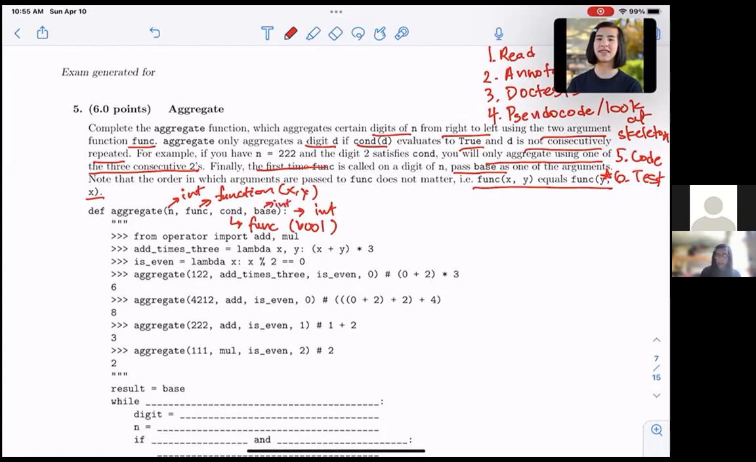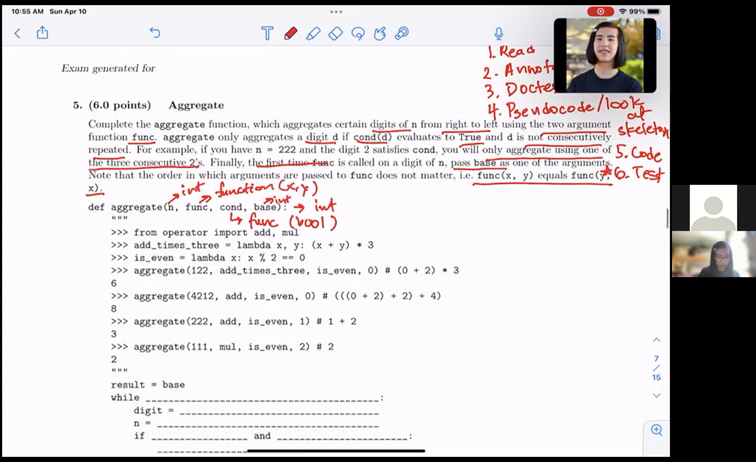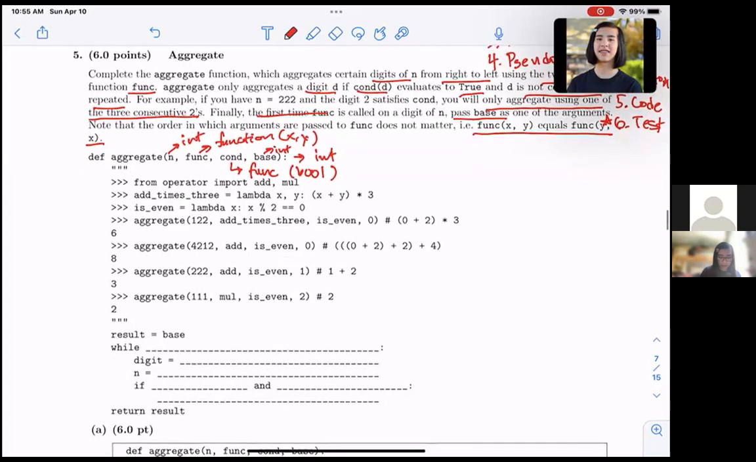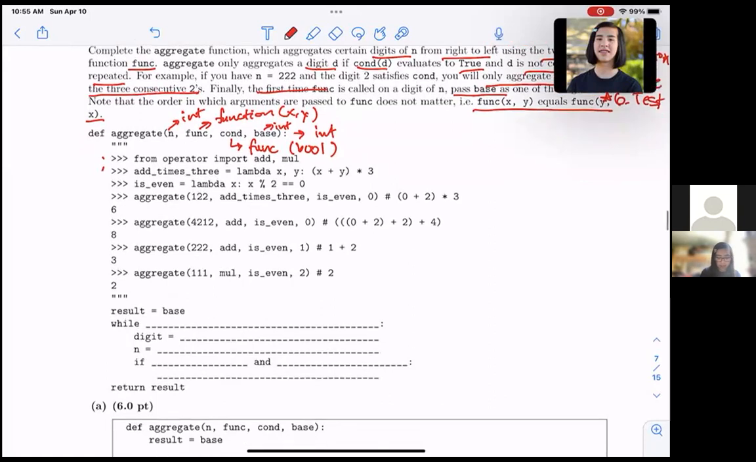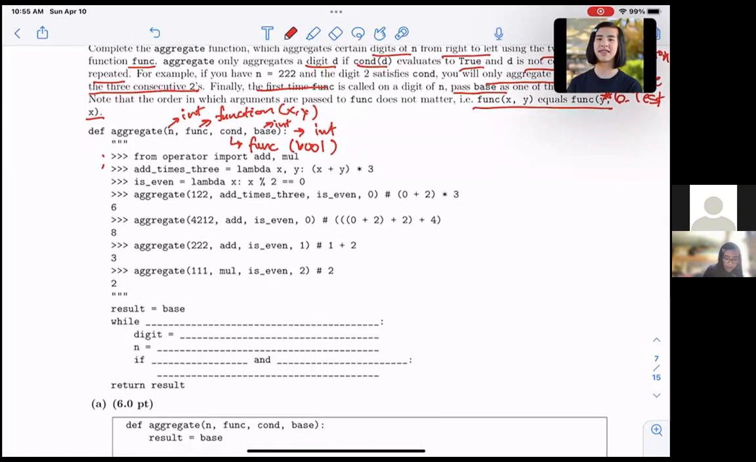Okay, all right, now let's take a look at the doc test and make sure we understand what this problem is saying. So here we import the add and mul functions, which do exactly what you would expect. They add 2 numbers or multiply 2 numbers. We have this lambda function called add times 3, which takes in 2 numbers and adds them together and then multiplies them by 3. We have an is_even function, which returns true if